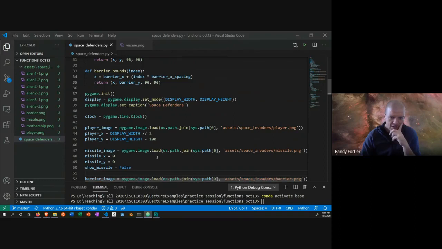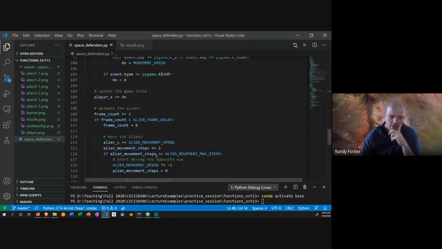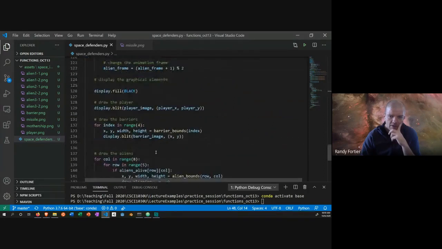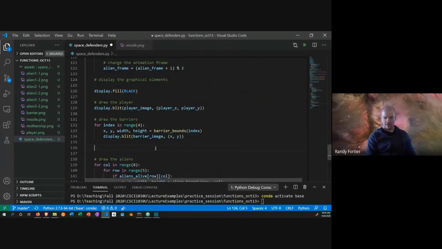And then down in the draw code, going down here, the order, by the way, does matter because it'll draw it on top. So if I want the missile to show up on top of the player, I should draw it second. Something to keep in mind. So drawing the missile, I can say, for instance,